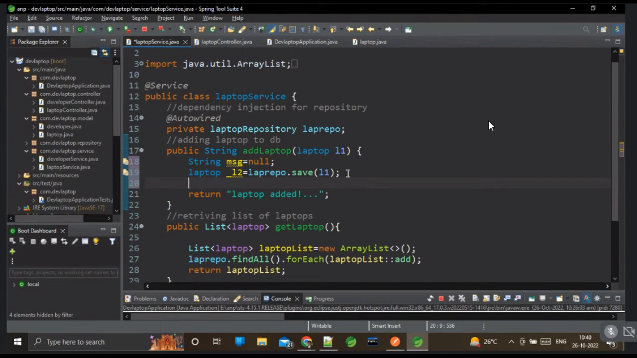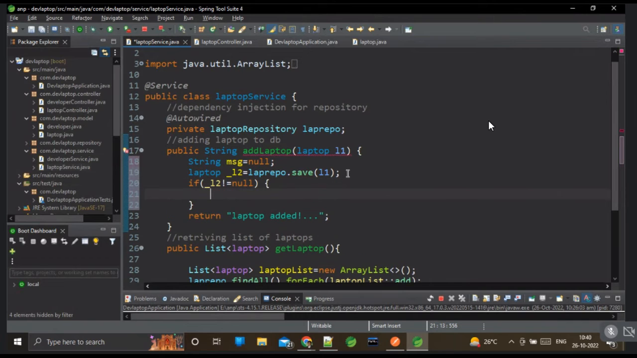Underscore L2. Underscore means, as Amtava already said, that it defines the temporary variable. Here I'll write different messages based on the temporary variable. If L2 not equal to null, then here,